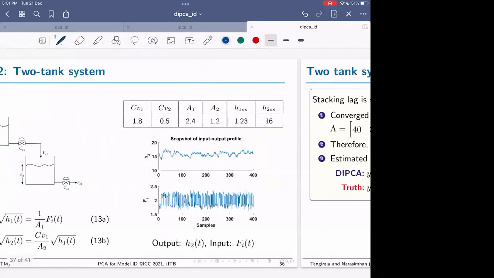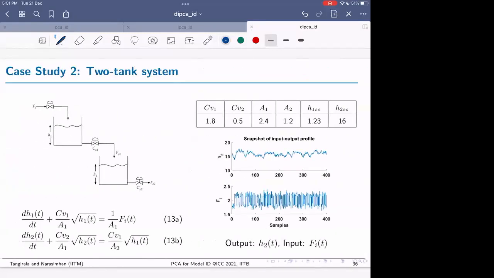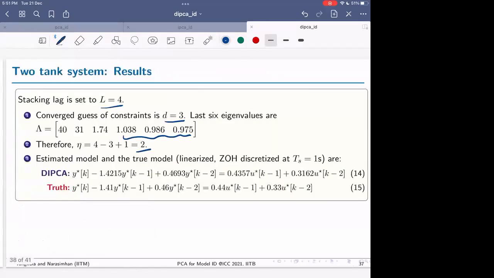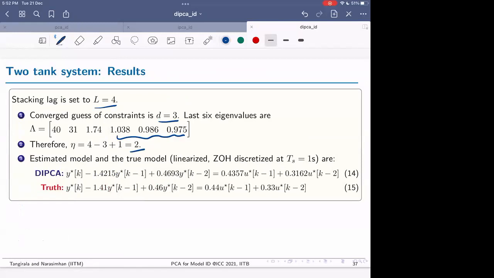So this eta being 2 should be physically meaningful. If you go back to the physics of it, the relationship between H2 and the inlet flow rate is indeed second order, because the liquid level in each tank has first order dynamics. The estimated model is reported here,